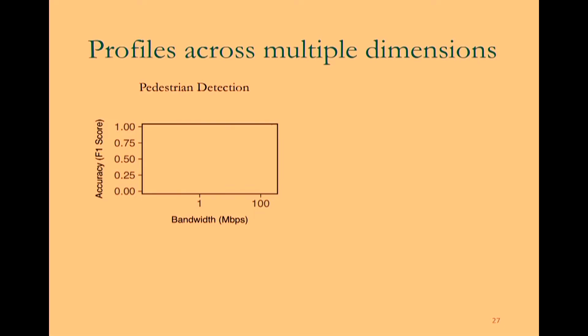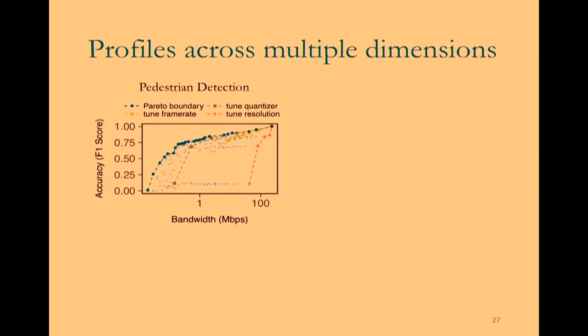So first we'll look at the generated profiles. Now the figure here shows the bandwidth on the x-axis and the accuracy on the y-axis. And each cross dot here represents a configuration. So the cross dots are the ones in lighter blue. And they've also highlighted the configurations where only a single dimension is tuned. So for example, the red points here show the configuration as the resolution is tuned. The yellow line here is how the configuration changes as the frame rate is tuned, and so on. And the Pareto optimal configuration is shown as the darker blue dots.